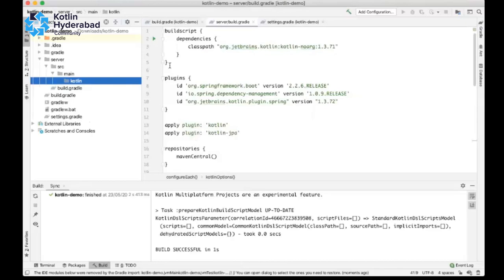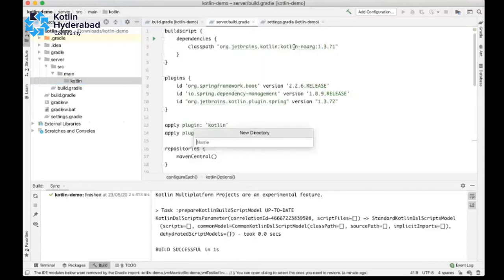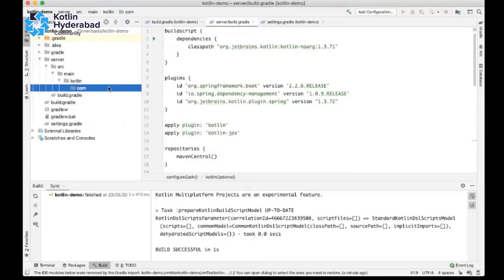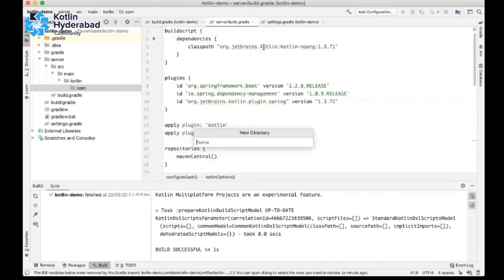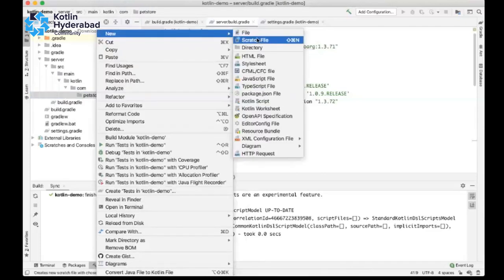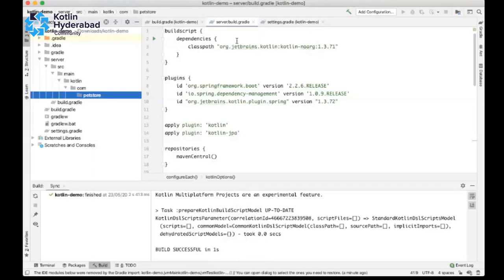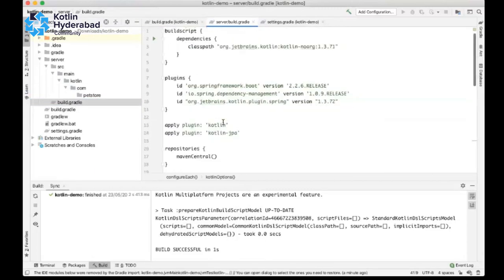We are going to use Kotlin, right? So I'm creating a Kotlin class, then inside it, here I'll create the Kotlin file. Just a minute, I think this thing is not properly compiled.